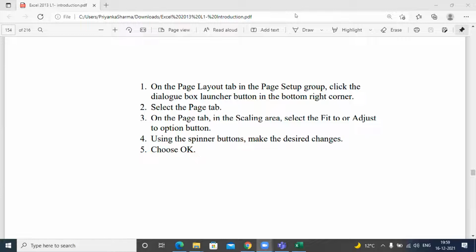Please let me know if you found it. Found it? Very good. And then select the page tab. And on the page tab in the scaling area, select the fit or adjust to option. That's all you need to do. That's it.